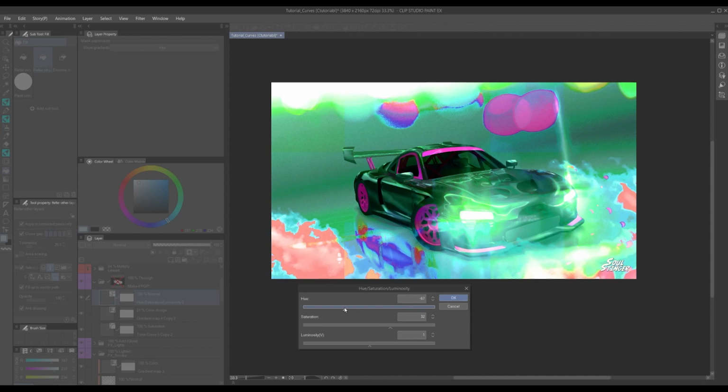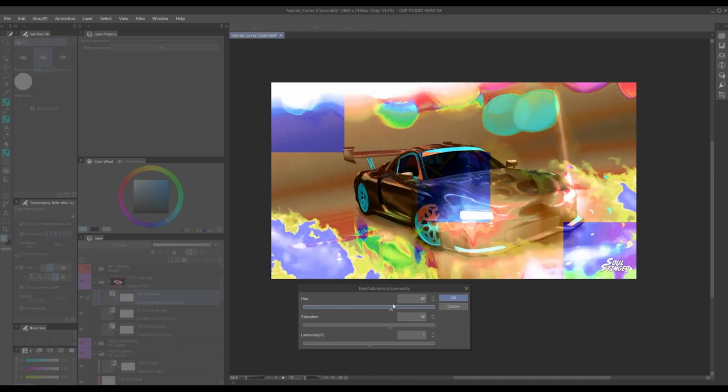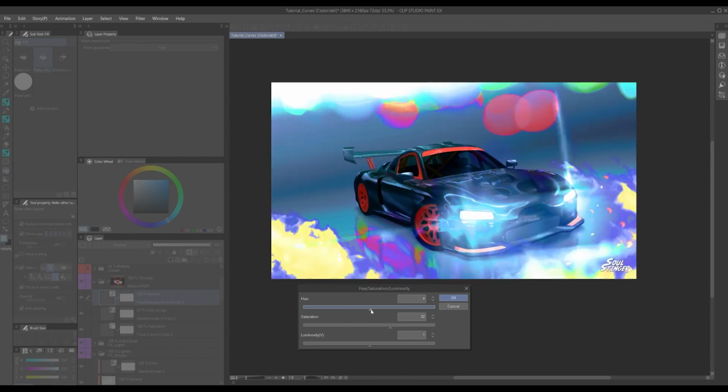If I change the hue, you see we go through the whole spectrum of colors, and for example this light yellow here, of course if you change it to the opposite, which is purple,